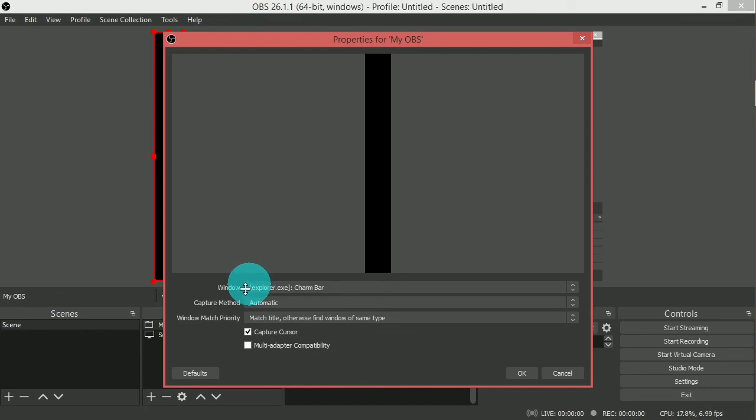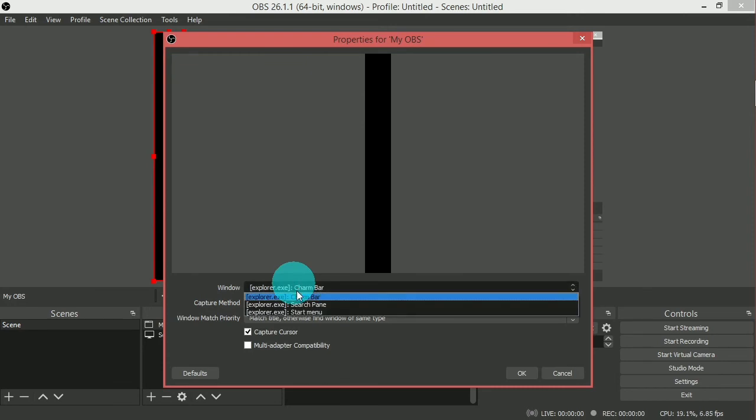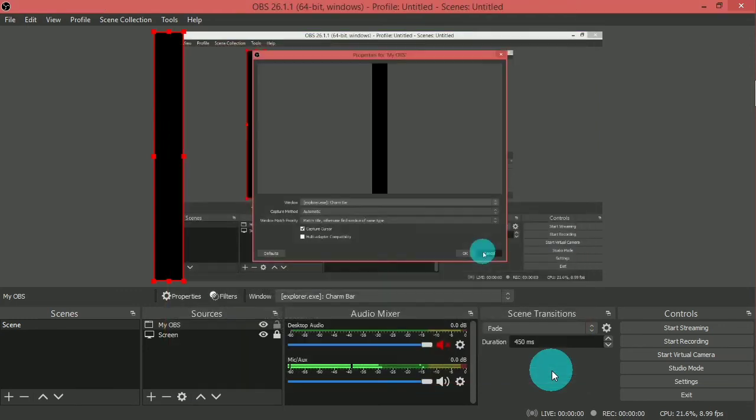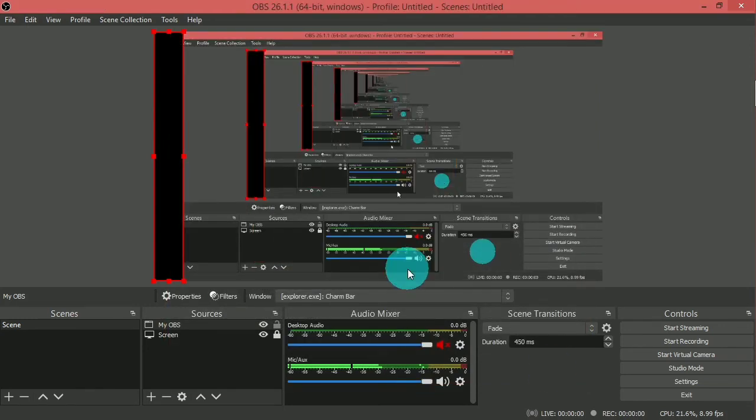And here you can see that there is a drop down for window, and here we have to choose the window which we want. Right now I am unable to see it because that's also an OBS window, but if you have any other application open, you can use that. Now let me click on cancel and let me delete this layer. So how to remove a source?